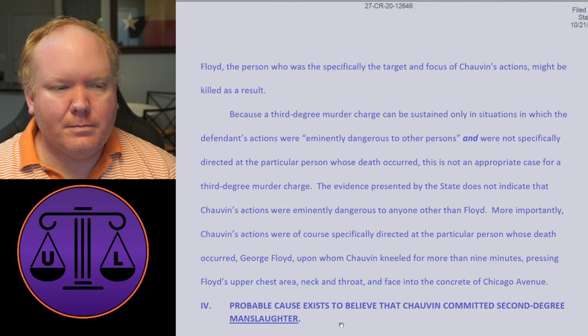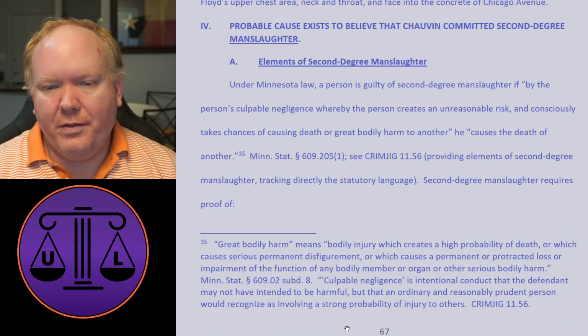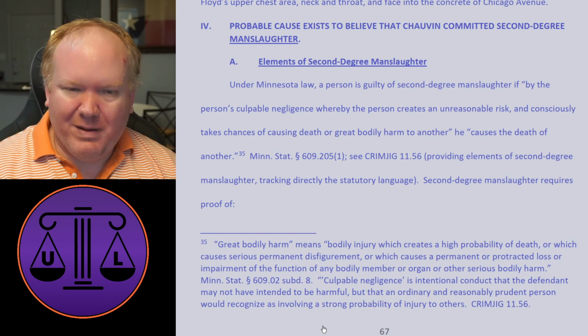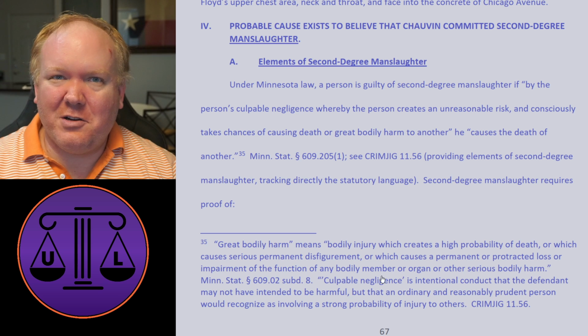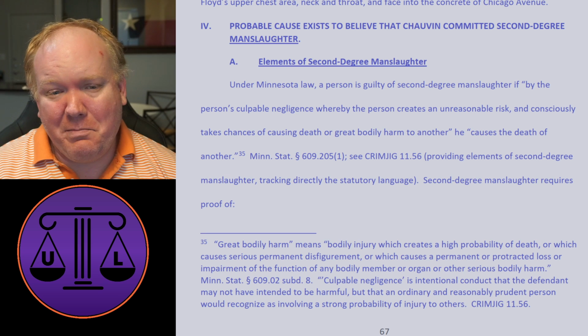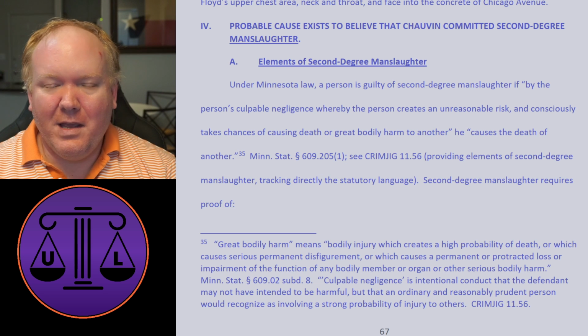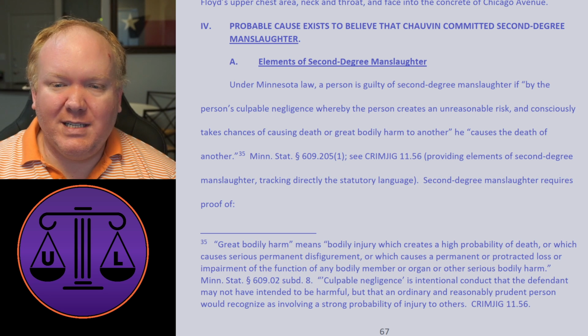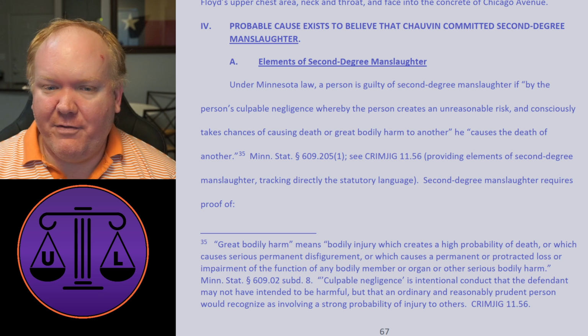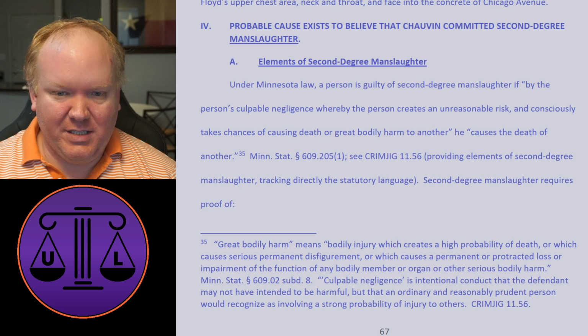We're fine. All right. So let's pick it up with Chauvin's potential liability on the second-degree murder. Things are not looking very promising in second-degree murder land. Are they looking any better in second-degree manslaughter land? Let's find out. Under Minnesota law, a person is guilty of second-degree manslaughter if, by the person's culpable negligence, that